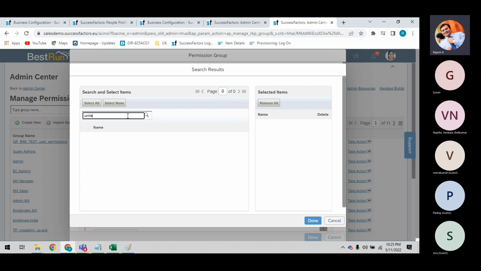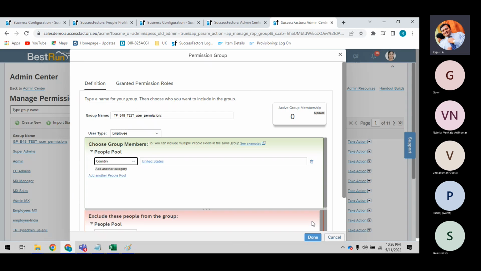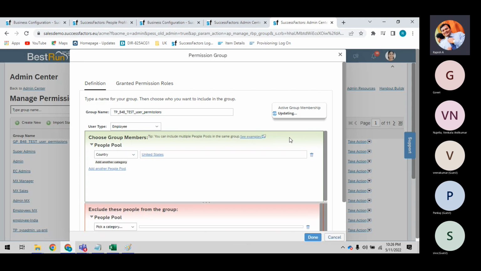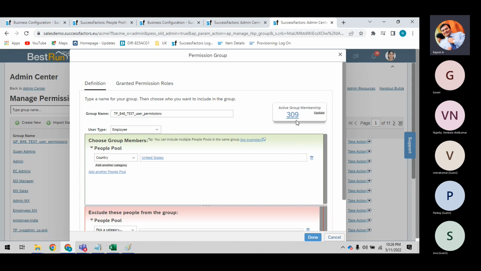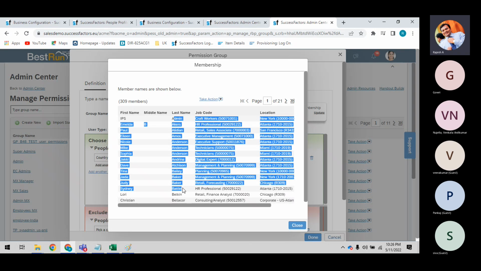Country is United States. Only for United States, whose country code is United States. Only those employees we can access. Update here. 309 employees are there. Click on it. Only Anya Singh, Gauri Samar, and Pankaj Samar can access all these 309 people, and